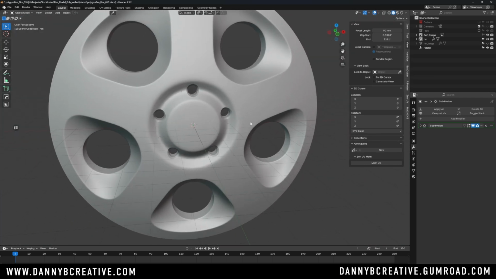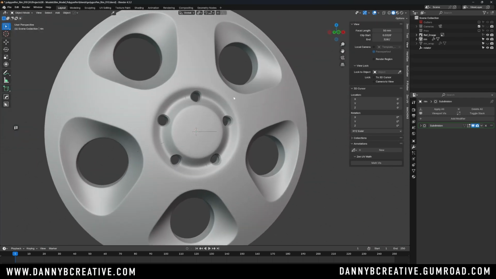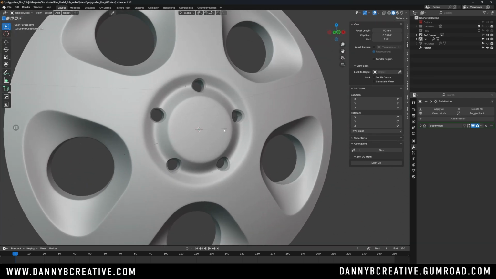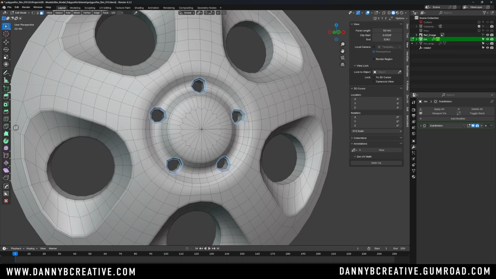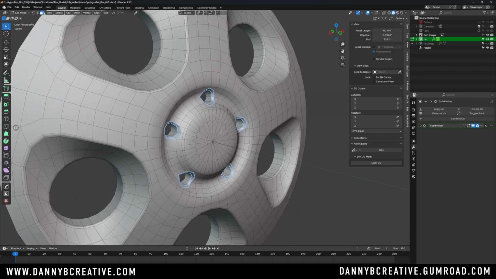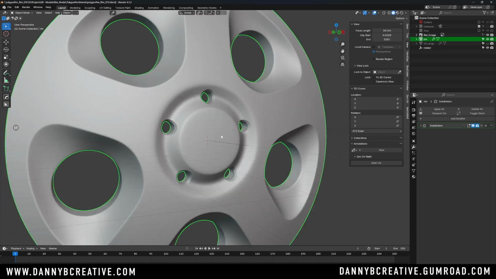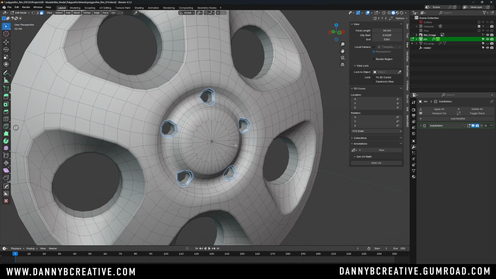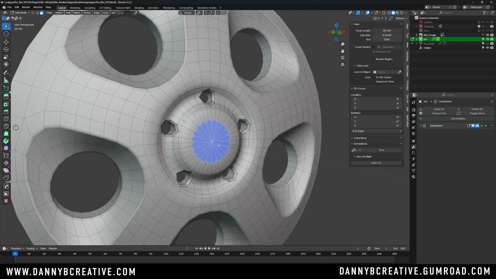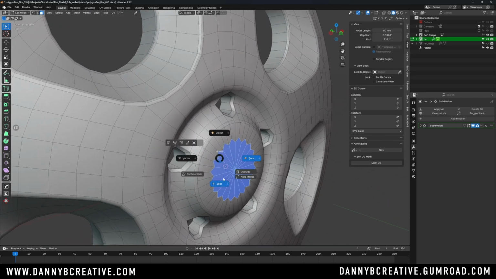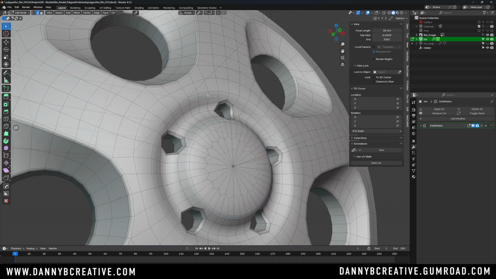And that's essentially it. Everything from this point is super straightforward and really simple. We're done with any kind of radial symmetry or arrays at this point. I will make one last little change here. I want to sharpen up these edges, but I also don't want this kind of star thing here. So what I'm going to do first is I want these edges to be the exact same